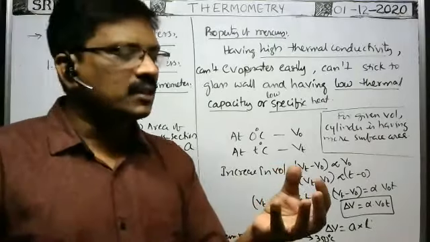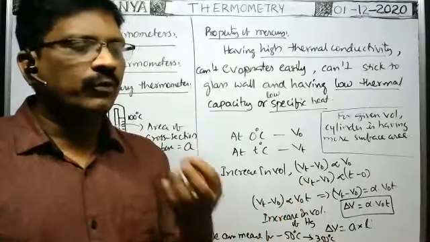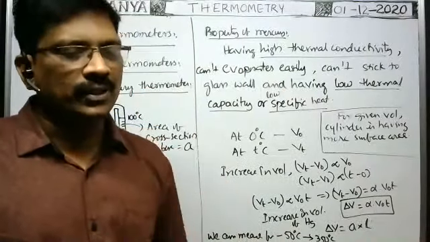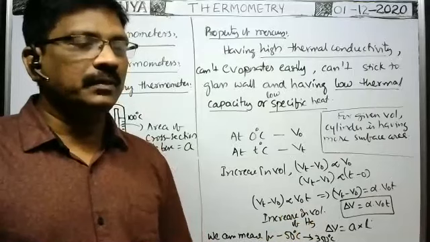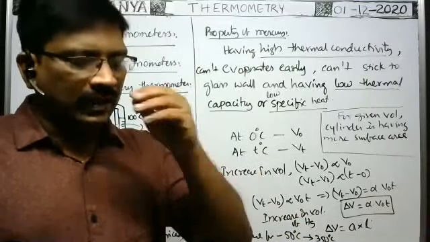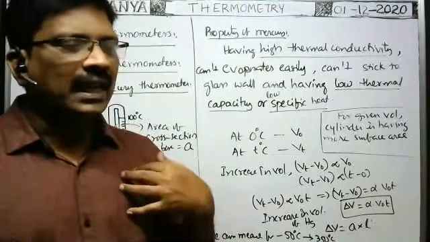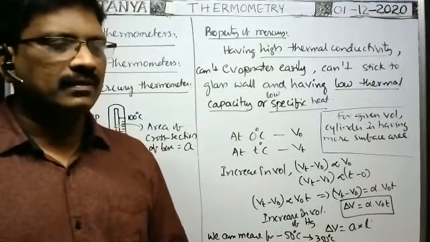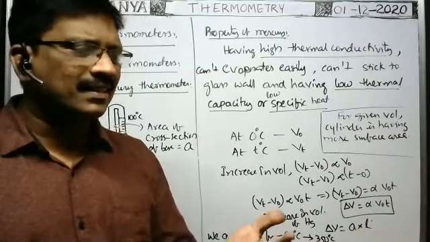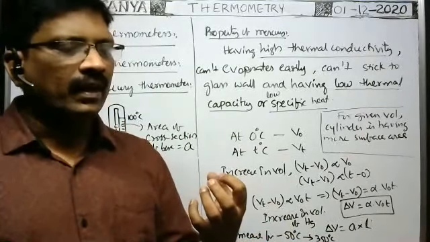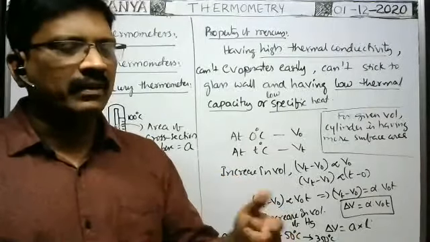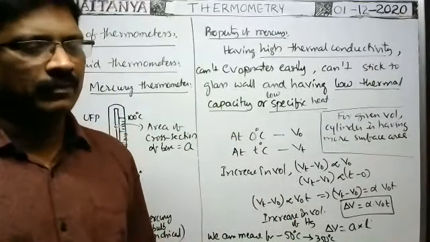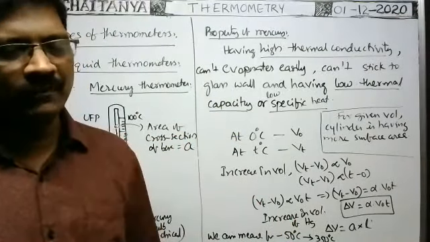Otherwise, if you use the spherical bulb thermometer, when we keep the thermometer in our mouth, after a long time it shows our temperature. We cannot have that much patience; immediately, we have to know. Even with mercury thermometers, we don't have the patience to see that reading. We have digital thermometers. In a digital thermometer, sensors are there. It absorbs the heat energy, and based on that heat energy, resistance changes. Based on the resistance, it shows the temperature.